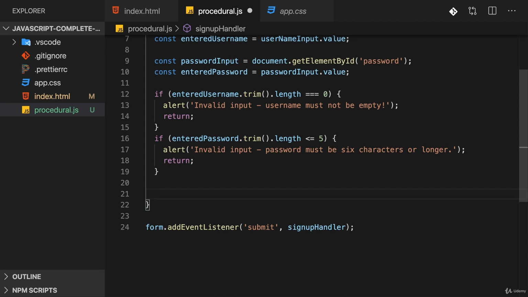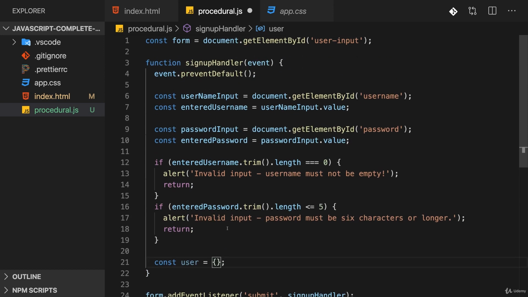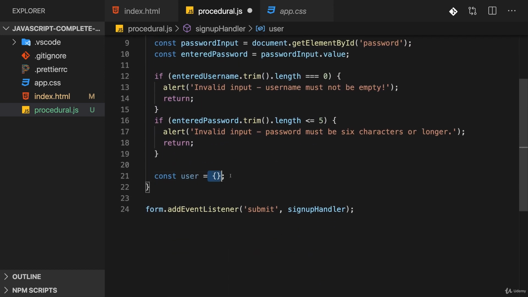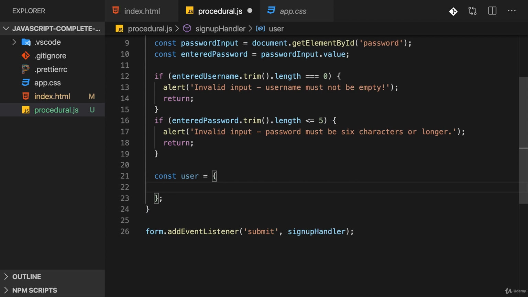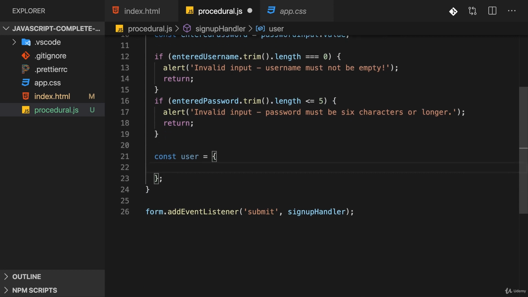If we do continue, we made it past both if checks, and we now know we have a valid input. And that's where we now could create a new user object, simply with an object literal. Again, just like functions are not forbidden here, objects are not forbidden here. It's not like you're only allowed to use objects when you're writing object-oriented code. It's more about how you organize your code. And here it's really a step-by-step execution, and we're using a very simple literal object here to store some data,